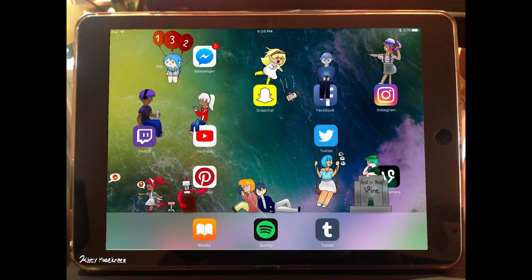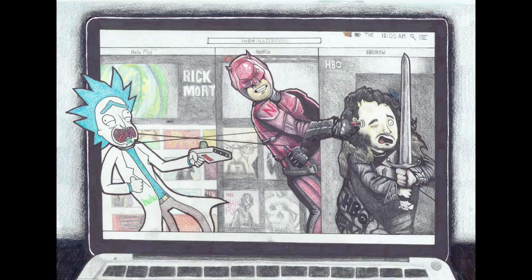I like how it's shown on the tablet. The actions and the way they're interacting is actually really clever and really fun to look at and soak in. Racecar 20's piece Battle of the Websites depicts Hulu Plus, Netflix, and HBO Now all in epic combat